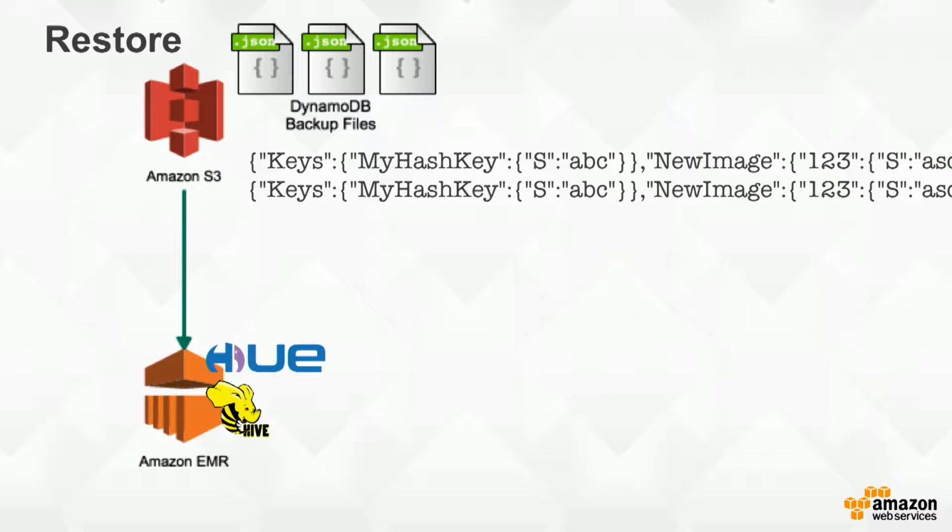Well, we've got these lovely files being delivered into S3 from Kinesis Firehose, and they look a little bit like that. You'll have a key, you'll have a new image, and you'll have an old image. And what we'll do is we'll use EMR, so again, maybe consider this an appendix because there are servers, so sorry about that. We'll use EMR and we'll install, in this case I'm going to show you how to do it with Hive, but it doesn't matter how you would do restore. We're going to spin up an EMR cluster, we're going to use Hue and Hive to query that data at rest